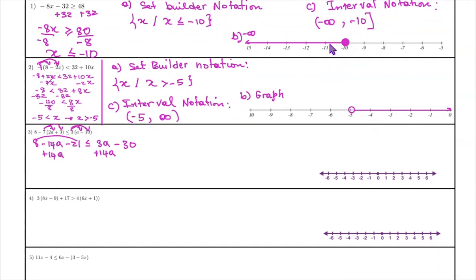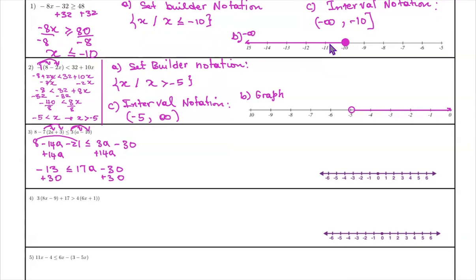So that will be -13. -13 less than or equal to 17a minus 30. And if we add 30 on both sides,